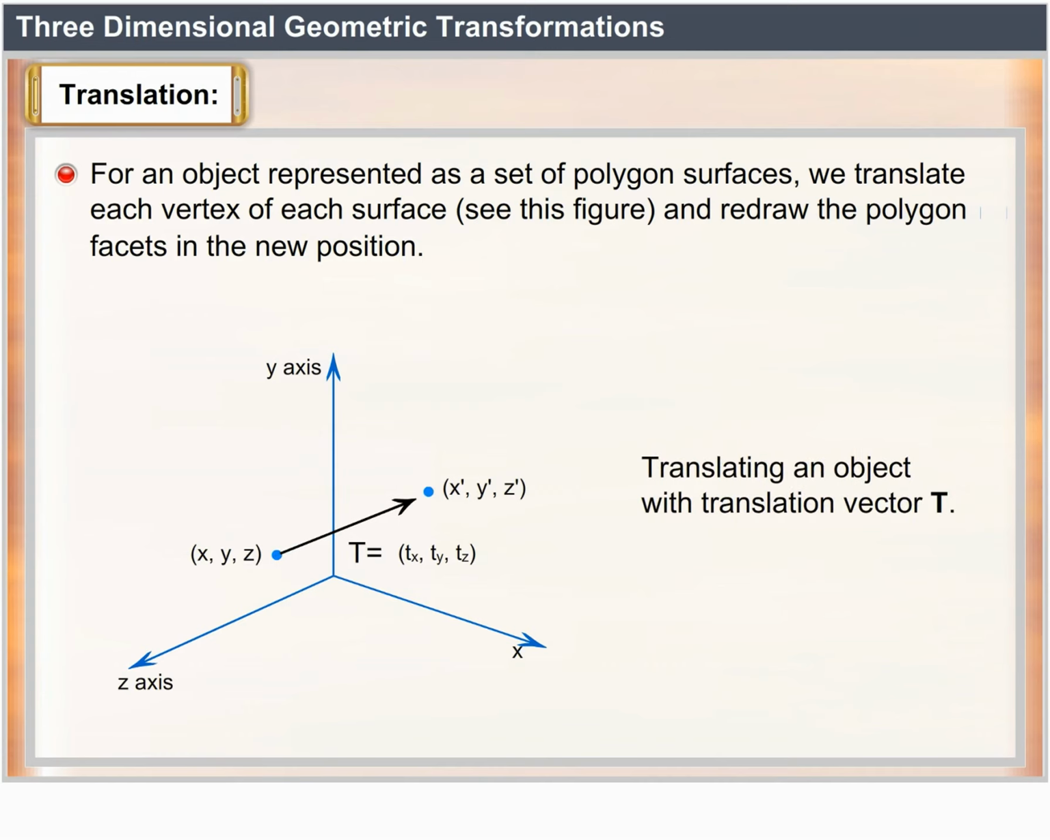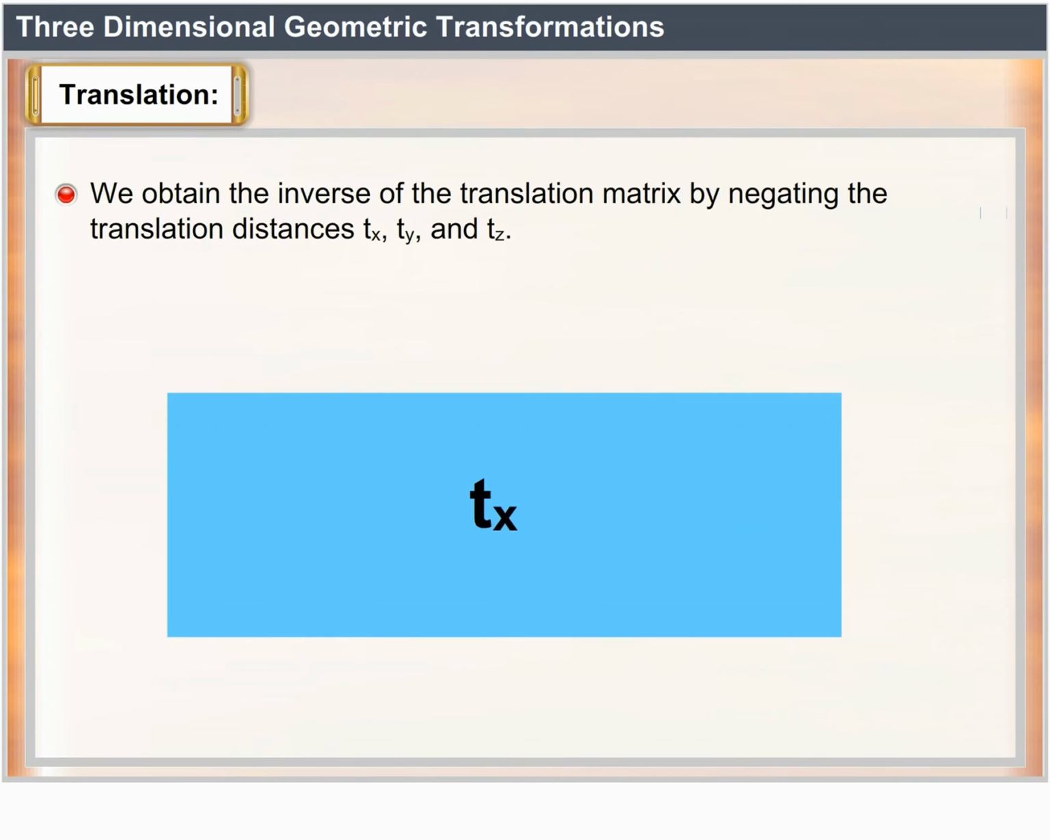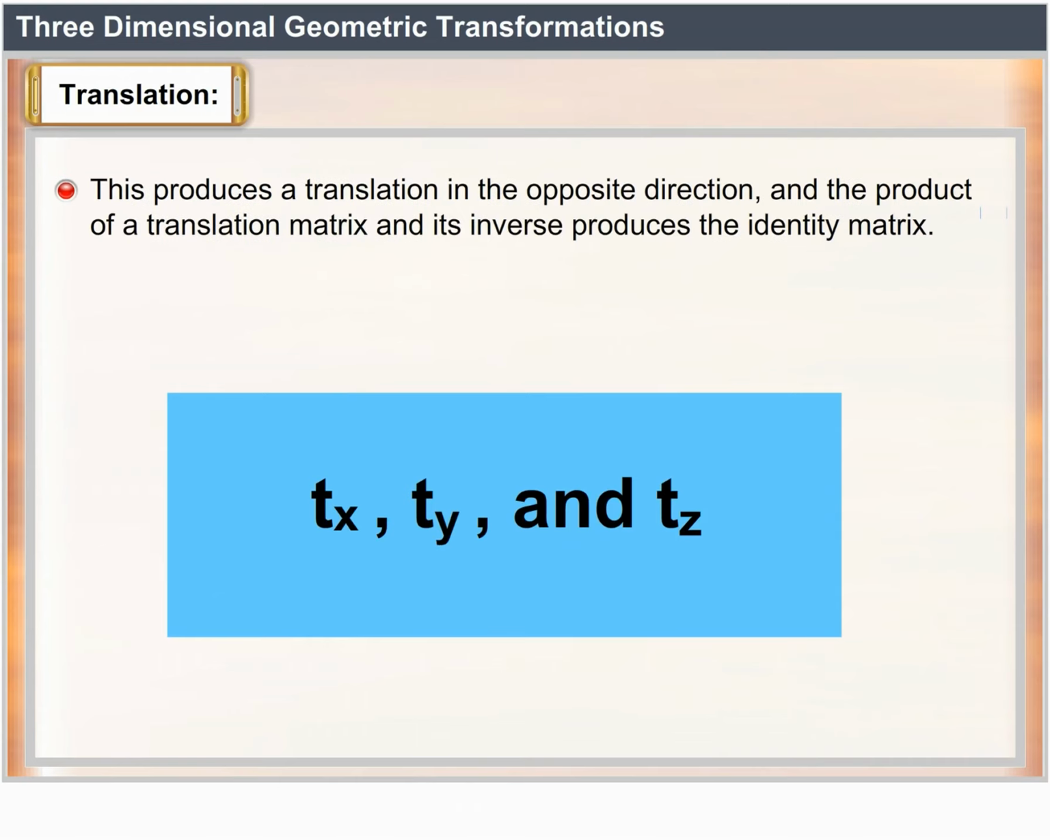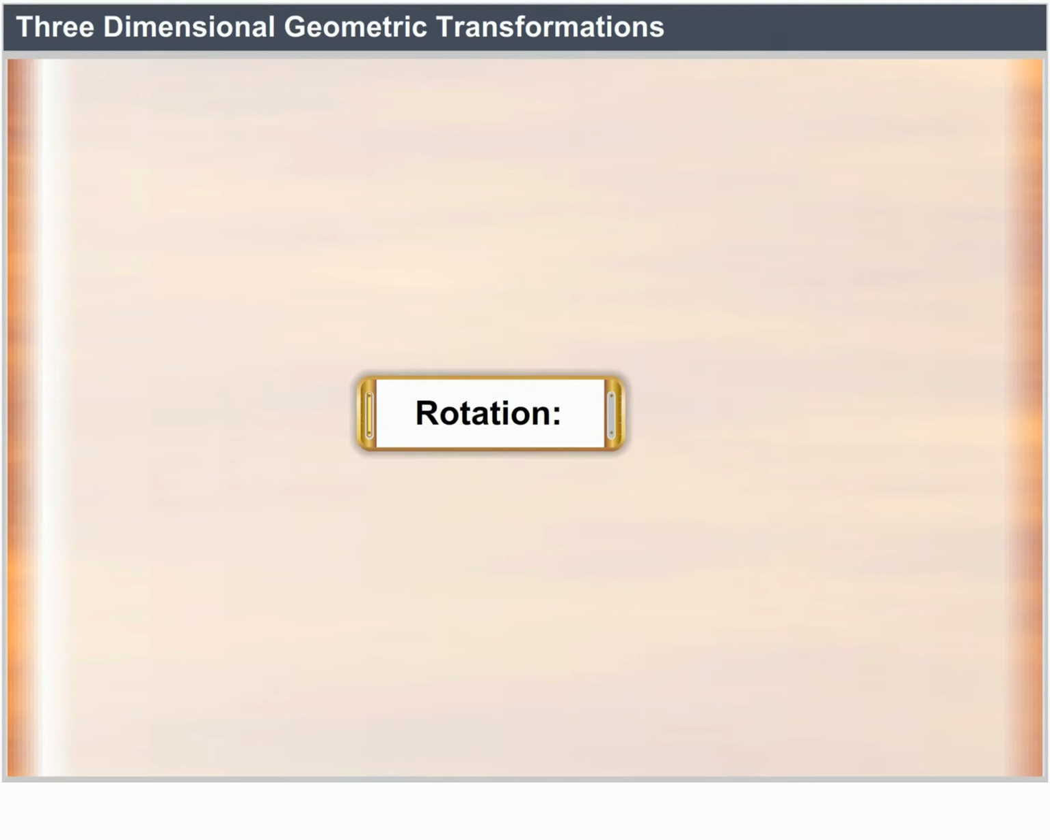We obtain the inverse of the translation matrix by negating the translation distances Tx, Ty, and Tz. This produces a translation in the opposite direction, and the product of a translation matrix and its inverse produces the identity matrix. Rotation. To generate a rotation transformation for an object, we must designate an axis of rotation, about which